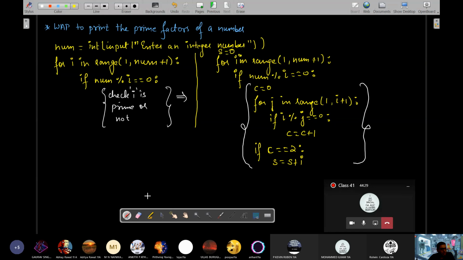समझ में आया? जिस पॉइंट पे तुम्हें श्योर हो गए कि वो प्राइम फैक्टर है, at that point only you will accumulate the value in some particular counter ना. यहां तक तुम जब यहां आओगे तभी ना पता रहेगा कि वो I प्राइम है. And in which case, yes, you outside में एक 0 लिए हो तो हर प्राइम फैक्टर उस S में ऐड होते जाएगा. So last value of S after all the rounds of I, finally यहाँ पे बाहर में प्रिंट कर लोगे S, that will give you the sum of all the prime factors. ठीक है? So I will erase that. You try it at your home again.